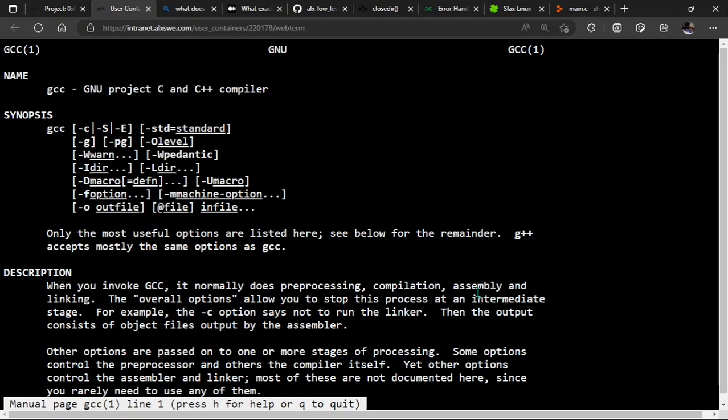From here, the assembler will take the assembly code and create an object code. All right. Then the linker will take the responsibility of linking all your processes to give you an executable code, something that will enable you to run the program. So those are the 4 stages that GCC goes through when